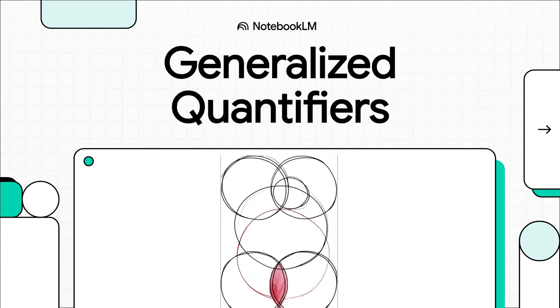All right, let's just dive right in. We use words like most, few, and many all the time, right? Dozens of times a day without even thinking about it. But have you ever really stopped and wondered what they actually mean from a logical point of view? Turns out the answer is way more fascinating than you'd probably guess.